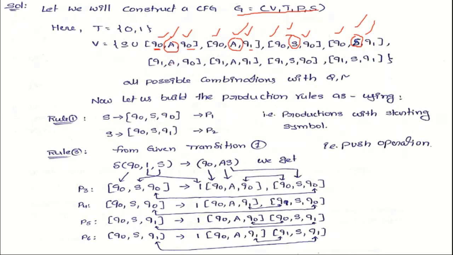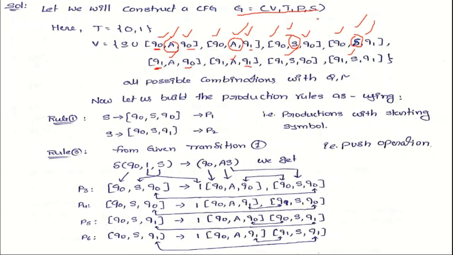In the same way, here one more state is there from the given PDA, that is Q1. So we assume there is a current state Q1 and next state maybe Q naught or maybe Q1. In the same way, top of the stack is maybe A or maybe S. So in this way we will write all possible combinations from the given data. That is whatever the states and whatever the top of the stacks. Based on these two things, we can write all possible combinations as variables or non-terminals. Next,